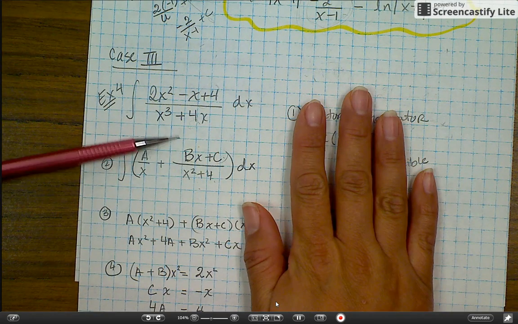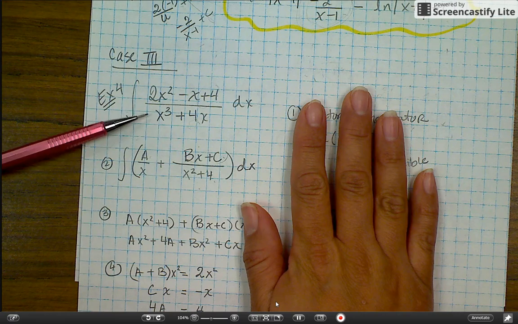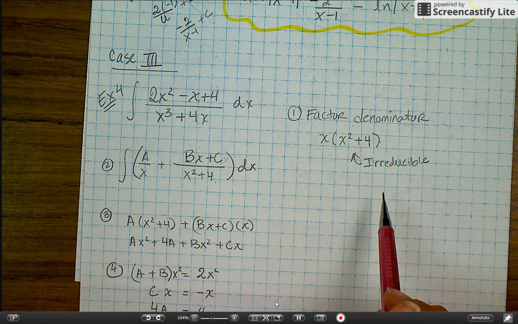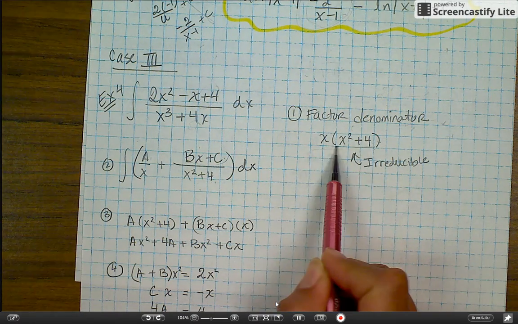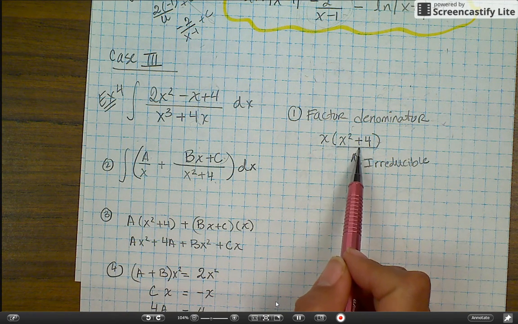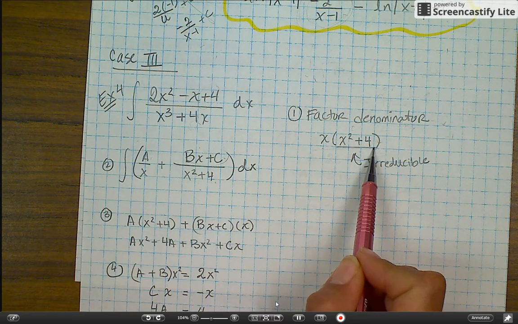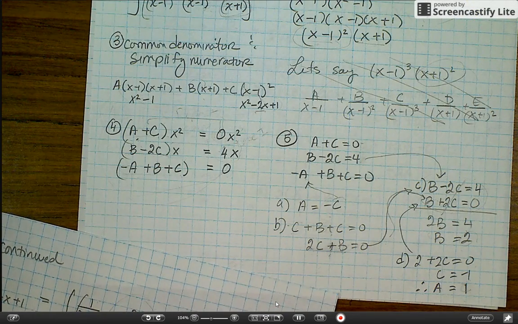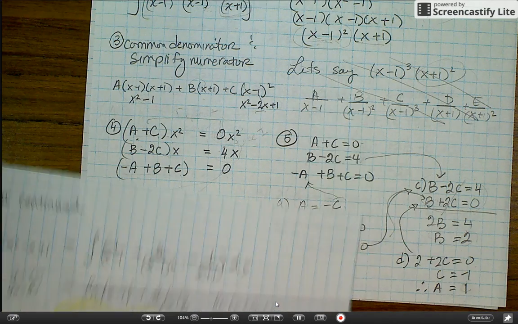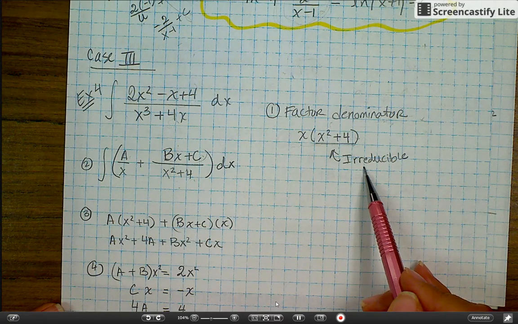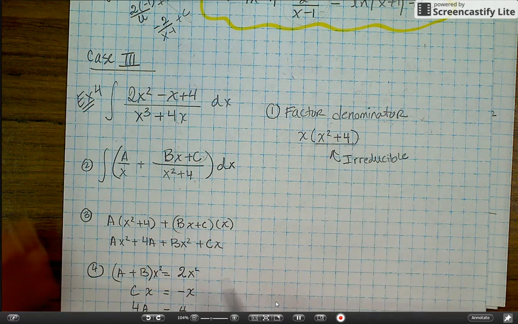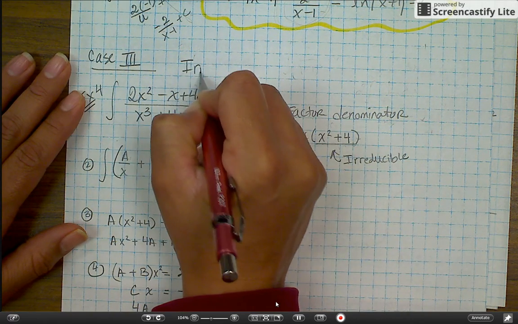Again, we start off with this new problem right here, and then the first step is to factor. So we factor, and we get this. And then we'll notice that this is a linear factor, but this is not a linear factor. This is a quadratic, but this is not factorable. It is left as a quadratic. Unlike case 2, where I had a quadratic, but it's made up of linear factors, okay? So this one is an irreducible factor. So I can't reduce it down to linear factors. So that's what this case is, okay? This is irreducible